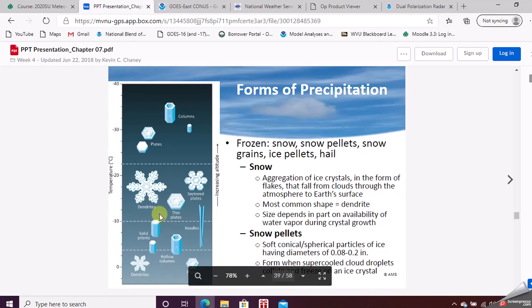And depending on that, the same amount of moisture might produce these solid prisms and may only give you 2 or 3 inches of snow, or it might produce a dendrite, and instead of 2 or 3 inches, you wind up with 6 to 8 inches. So you see, that's another aspect of trying to figure out just what type of snowflake is falling.